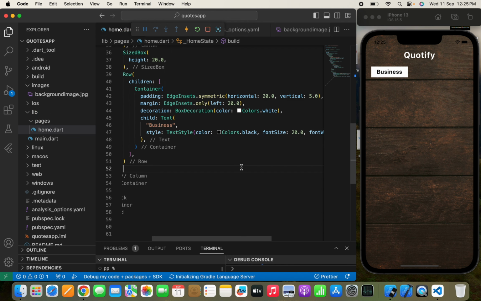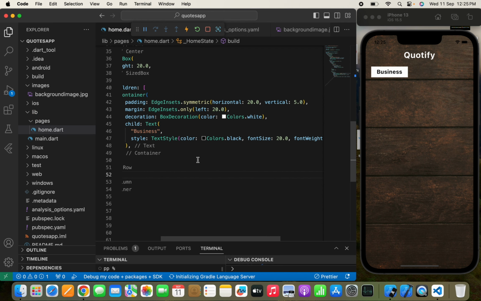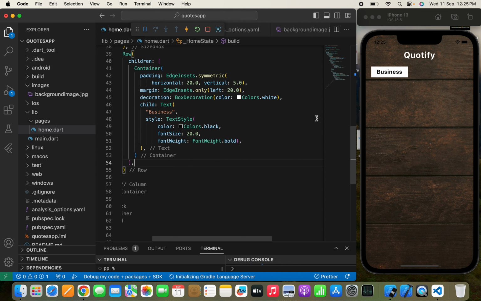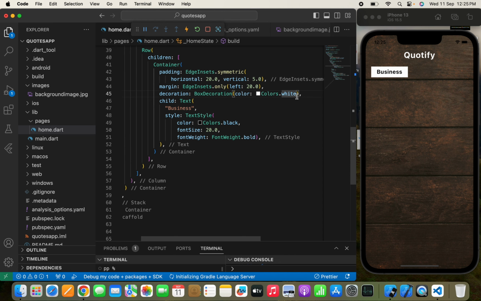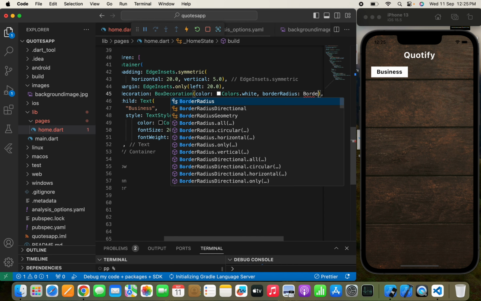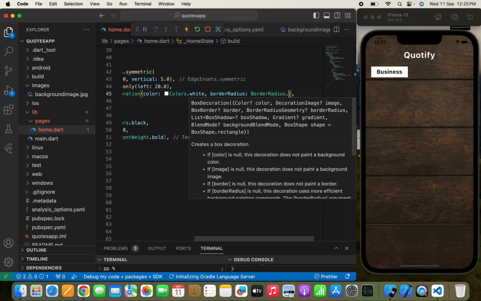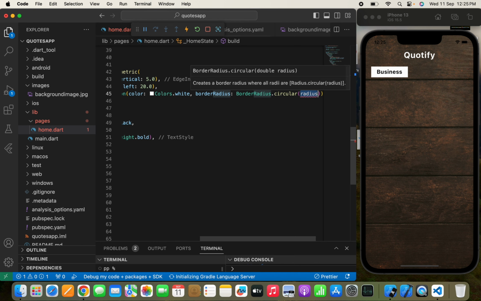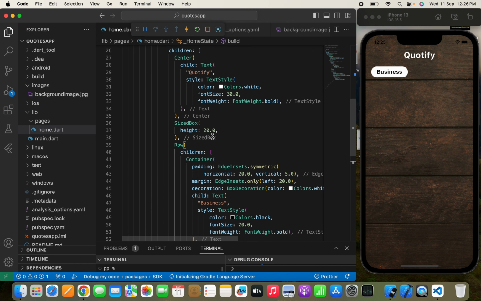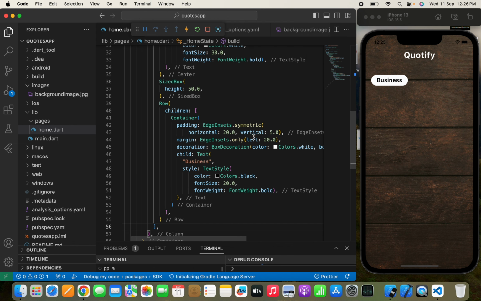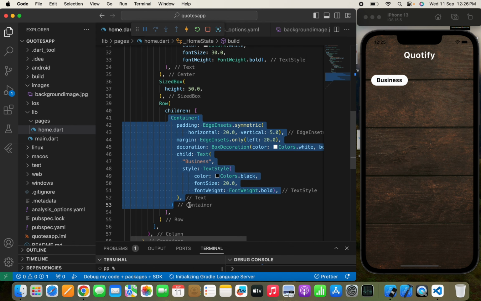And we can simply pass the border radius to this container. So we'll pass BorderRadius.circular, and we'll simply pass 20. So this is our first category name, which is business. Now if you want, you can provide some more height from the top. So let's do up to 50. Now our second category will be